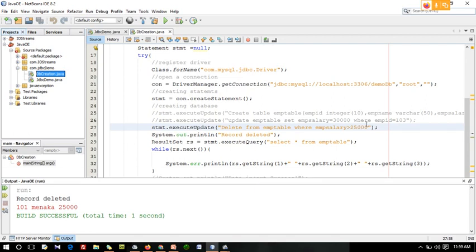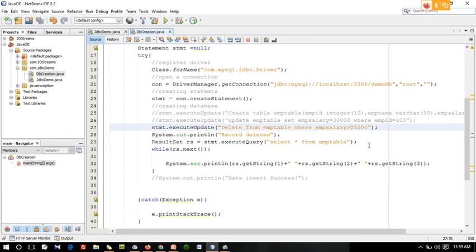Yes, dear students, any doubt in this? So we have mostly seen all the operations: creating a database, how to use the database, how to create a table, how to insert the record, how to update the value, and how to delete the value. Clear? Any doubt on this? Do you want me to repeat any query?